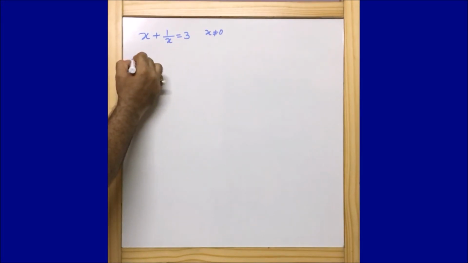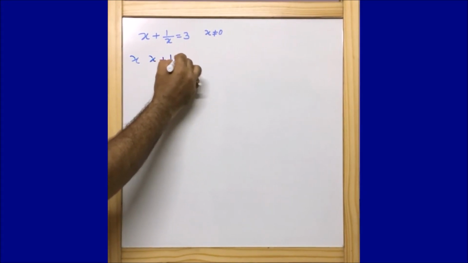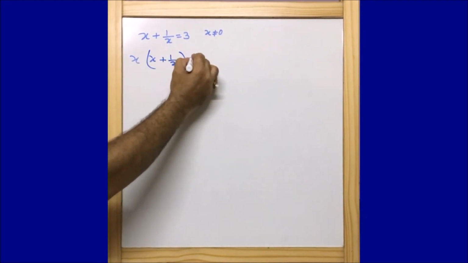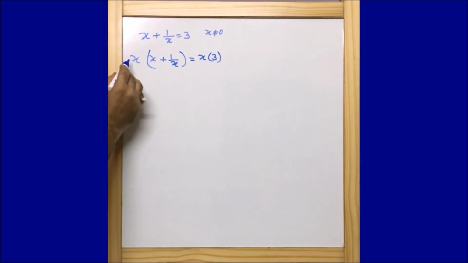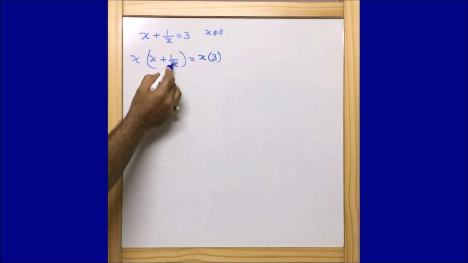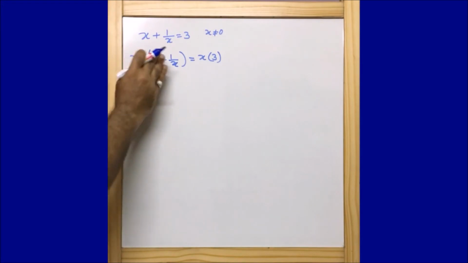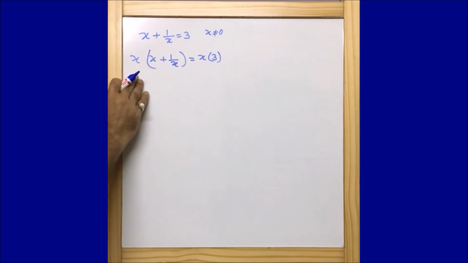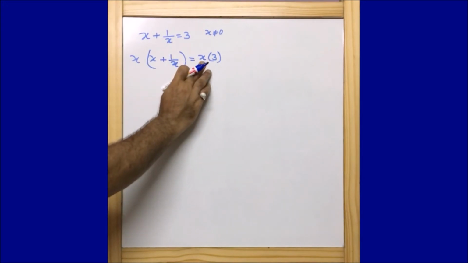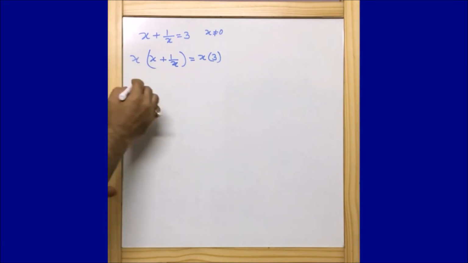So now what I will do, you will see that I am multiplying x to the left side as well as to the right side of this equation, is equal to x into 3. Guys, I am just multiplying x because my main aim is to eliminate this x from the denominator, and if I want to multiply, I cannot multiply to one side of the equation. For that reason I am multiplying to both the sides of the equation so that the overall effect will be null, because this x and this x will get cancelled and the overall effect will be nullified. Now let us solve this.